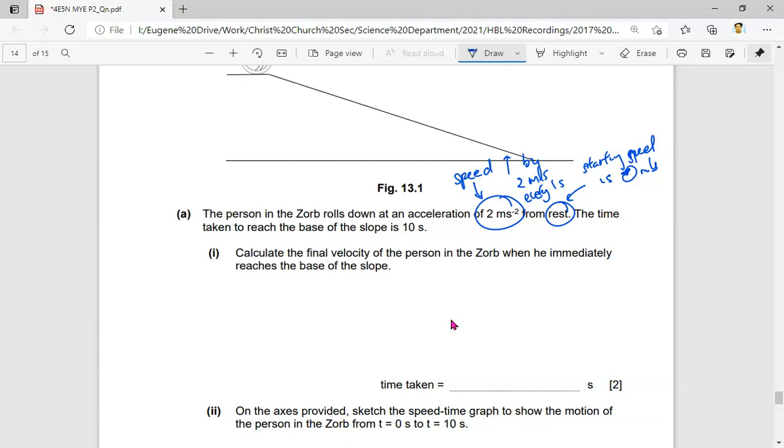Now, once there's an acceleration, most of the time finding the final velocity is not that simple. So my suggestion is draw a graph. Whenever you have such a question, you start off from rest. 10 seconds later, this is the time, and this is the velocity. What is the final speed? So what I know is,